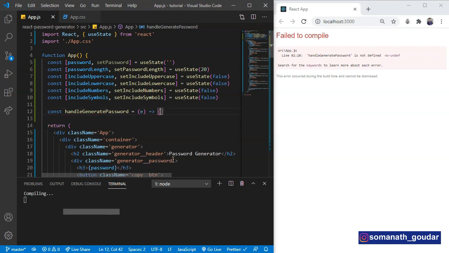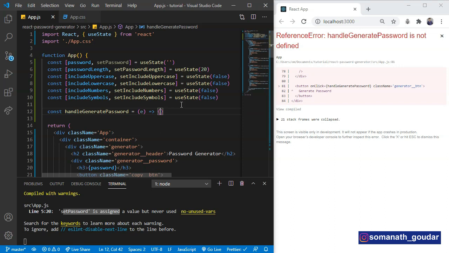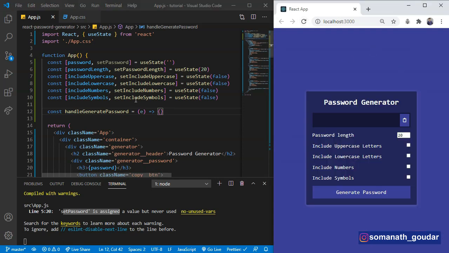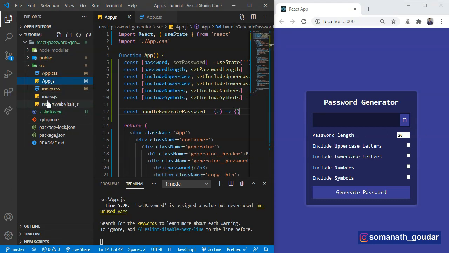Okay, before we set up our function, there is one more thing we need to do. We need to create a separate file to store our characters, like numbers from 0 to 9, uppercase letters from A to Z, right? So we are going to create a characters.js file inside of our source folder.